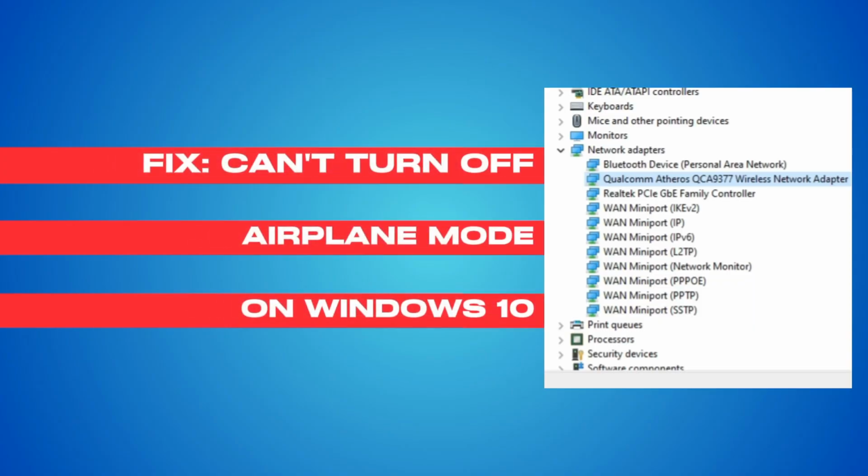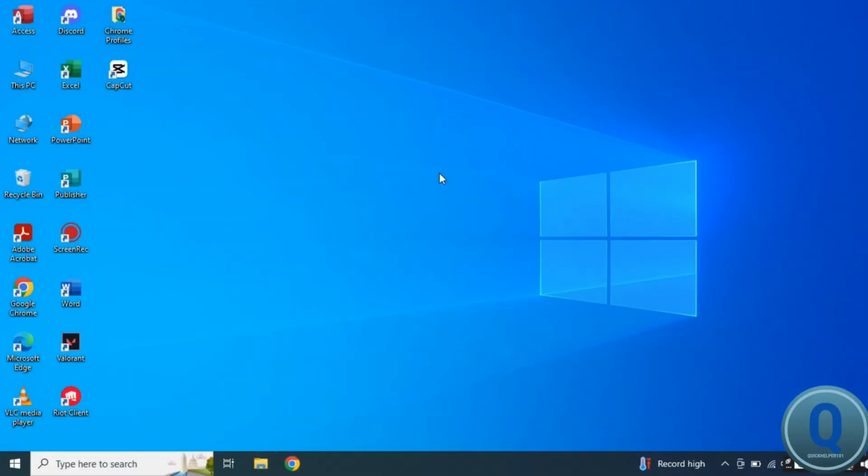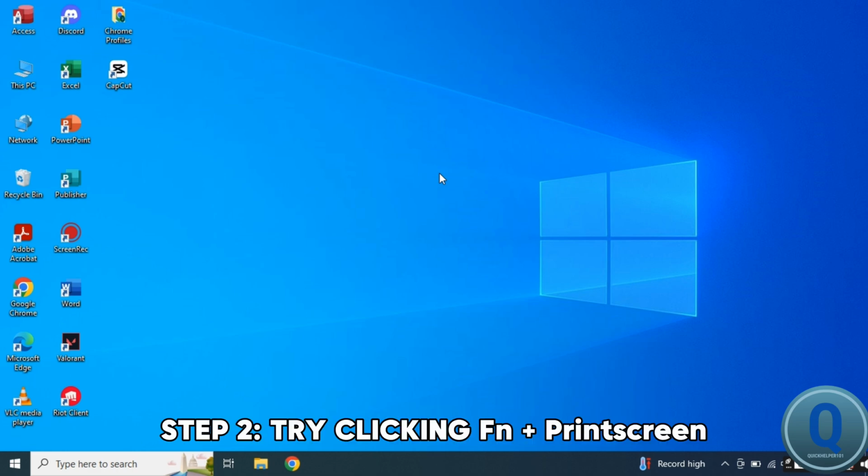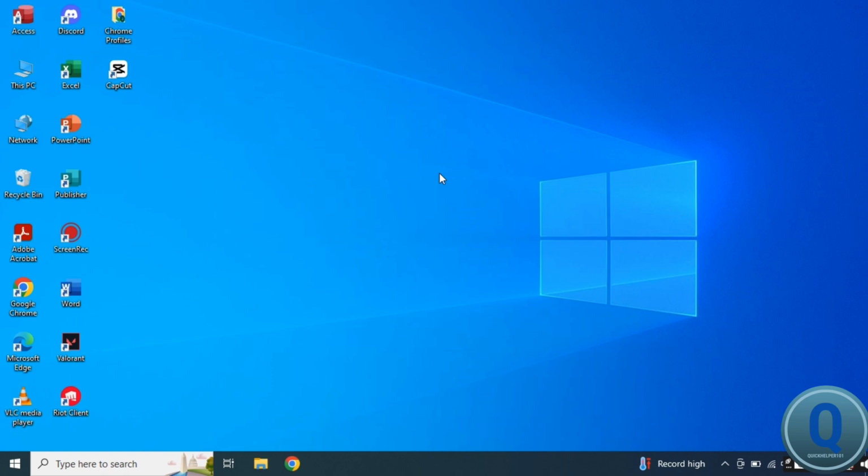For this video, I'm going to guide you on how you can fix your airplane mode not turning off in Windows 10 or 11. Some laptops or PCs have switches to turn on and off the network. Try to locate them and press it. Also, some laptops and PCs' airplane mode can be turned on and off by clicking Function key plus Print Screen. But then, after doing all of this and still the error persists, what you need to do is to go